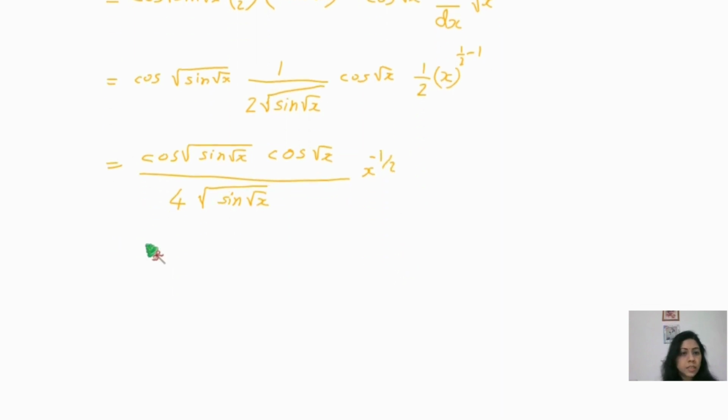We can write in the next step: here this goes down, so its power will be positive. So cos square root sine square root x, multiplied by cos square root x, divided by 4 square root sine square root x, and this is square